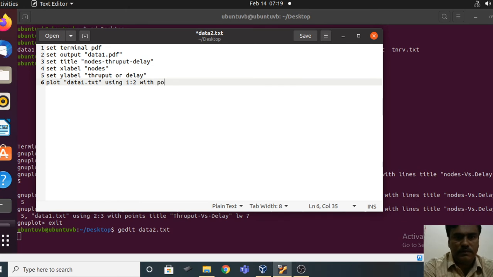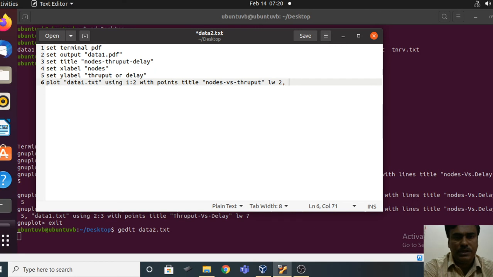So suppose I want to plot nodes versus throughput using points, then with points, then title. This one you are writing: nodes versus throughput. So you can give that heading as nodes versus throughput. If you want to mention line width, you can mention say 2 or 3.